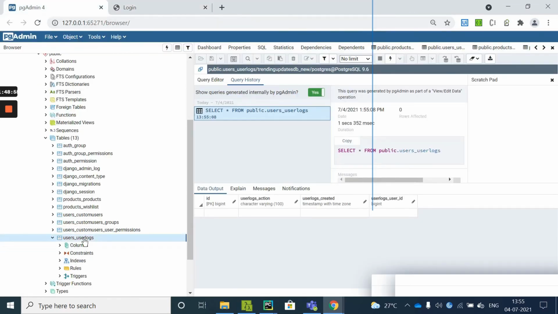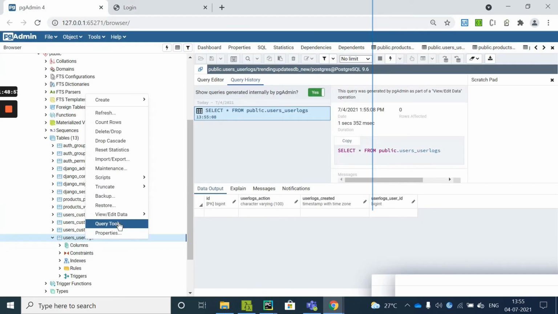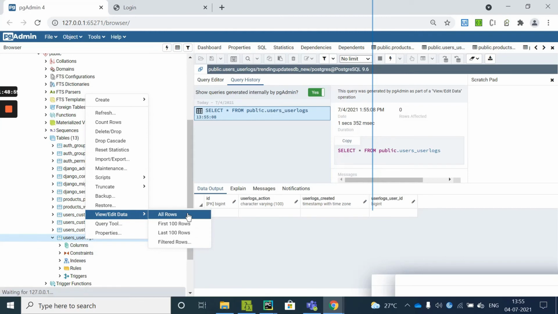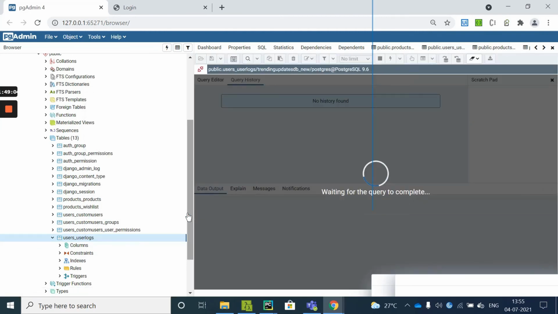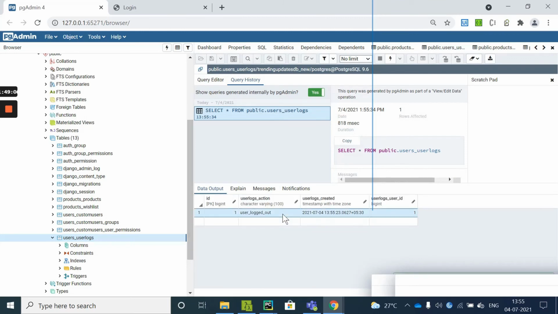I'll go here and check whether the details are stored in my table. Yes, now see, user log action is being stored as user logged out, along with the created time and the ID of the user that has logged in.